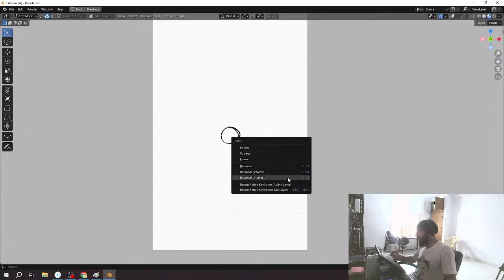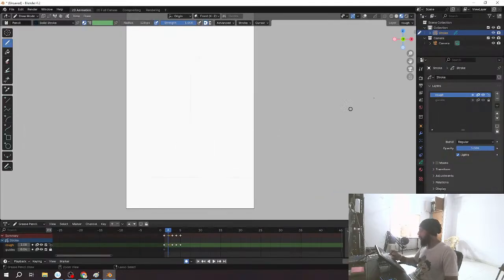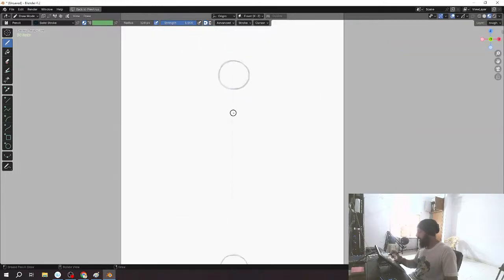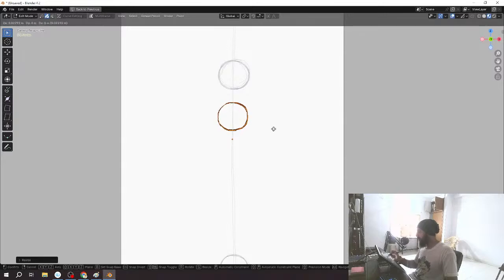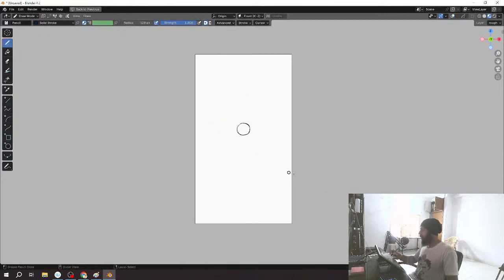Yeah, so just to tell you right now, just to make it really simple, the in-between for this bouncing ball should be somewhere over here. So it goes like this,